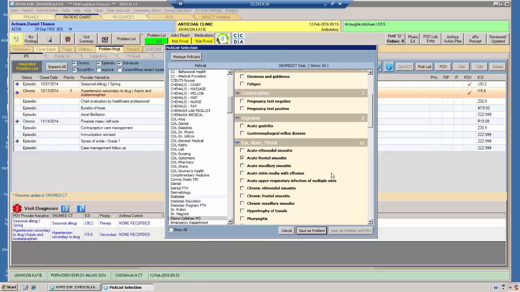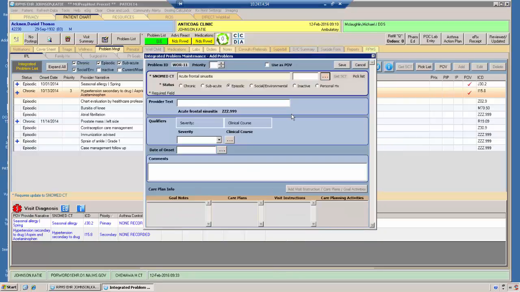So I'm just going to click on one here, and then as you can see, the button Save as Problem, and then there are certain pick lists where you can turn on to save it as a problem on my problem list, and also go ahead and use it as a POV straight from here to save another click. It's not activated on this particular one, so it's grayed out, but I'm just going to click Save as Problem, and here we are dropped back into that exact same dialog box where I have the ability to add whatever I need to about this